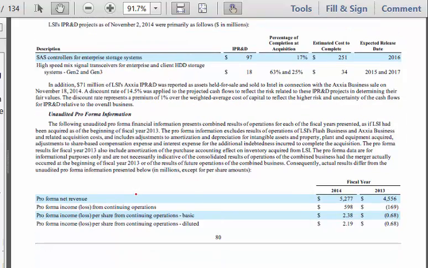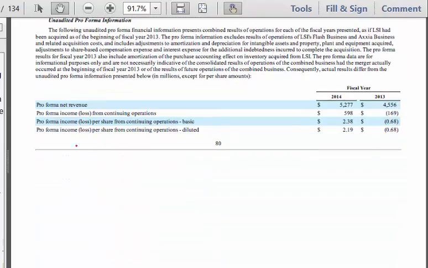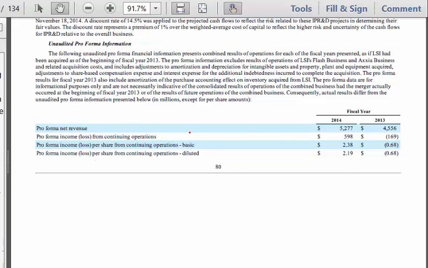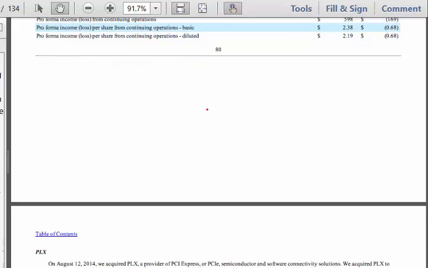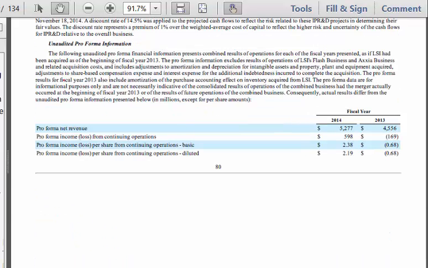Okay, so they have a bunch of other disclosures. Like this disclosure, it's funny, sometimes a lot of work goes into this, but I don't think anyone ever reads it. This disclosure says, hey, if we had always owned this company, this would have been our Avago revenue combined with LSI. This would have been our profit with Avago and LSI combined. This would have been our EPS. Just to give somebody an idea of, if we had always owned them, we would have looked like this. But those numbers get put together in a very imprecise way. In fact, I'm working with a company right now to do the opposite. They're selling a company, and we're showing what the pro forma would look like if we never had them.